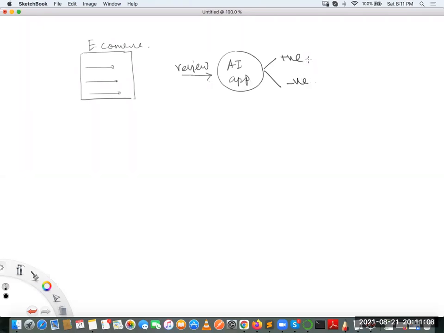And guys, there was a problem to start with. The client did not have a data set to train the model. Do you remember, guys? That was the first problem. So how did we fix that problem? We took the data from Amazon reviews, which are available in the public domain.